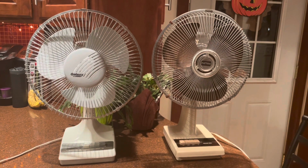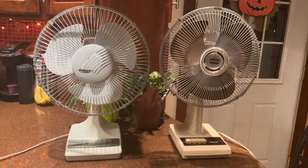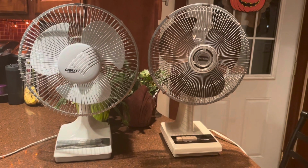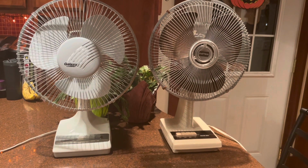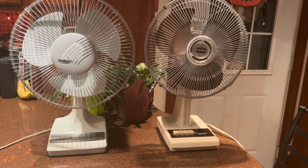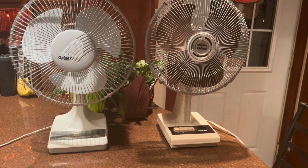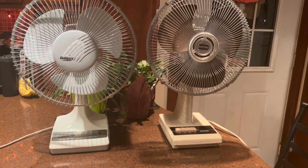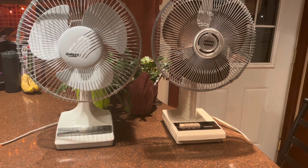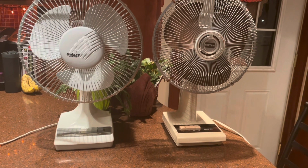Yeah, the air movement is just slightly different. The Galaxy is a little more blustery, a little more gusty. The Patton, to me, feels a little more powerful as far as air movement goes. So it's weird, but could just be a comfort factor with the Galaxy fan. Maybe that blustery air movement is mistaken for being more powerful. I don't know. It's just weird. Not weird, but interesting